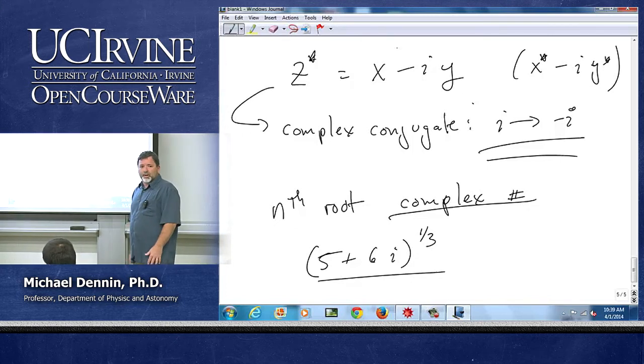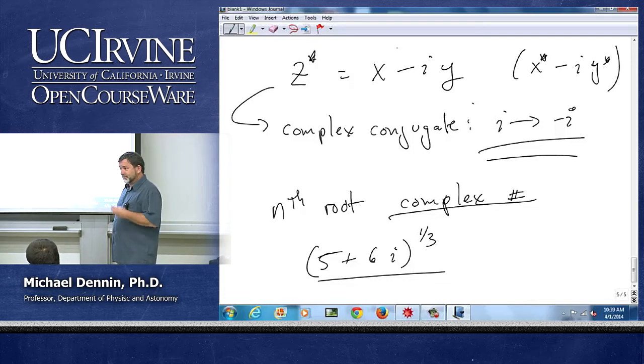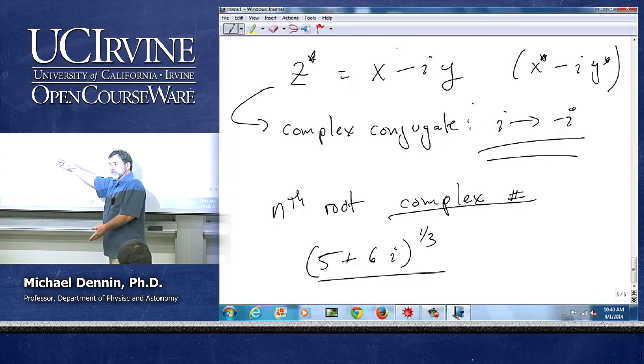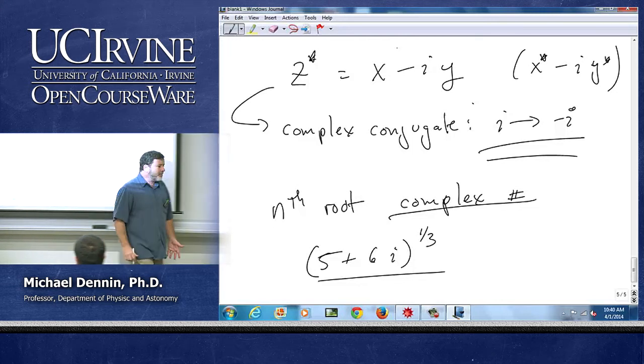How many cube roots of a number are there? How many square roots of a number are there? 2. How many cube roots do you expect? If I'm dealing with complex numbers, there's 3. If I'm allowed to use the complex numbers, there's nth roots of any number. And the way this happens,